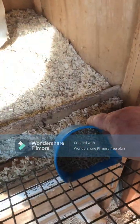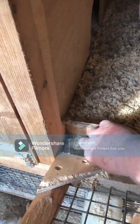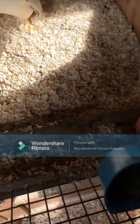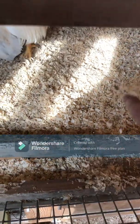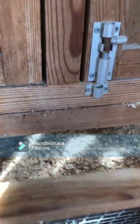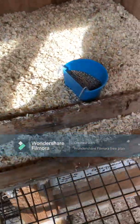And the other, so of course you have to watch you don't spill all your food and your drink. But the other issue, again with these, they were homemade by the guy that I bought them from, who was obviously pretty good at woodwork, but what you discover is that they're so well engineered, in order to get them shut again, you have to get all the bedding out around the hinges, otherwise you can't get them to keep things shut. So look, again, I'm going to have to pull this right down,